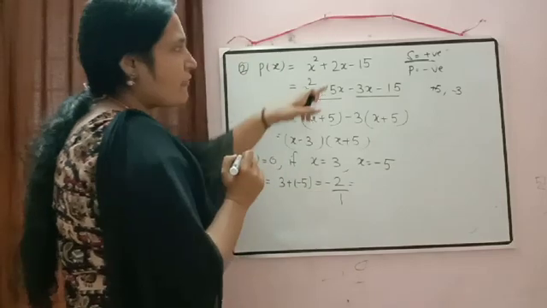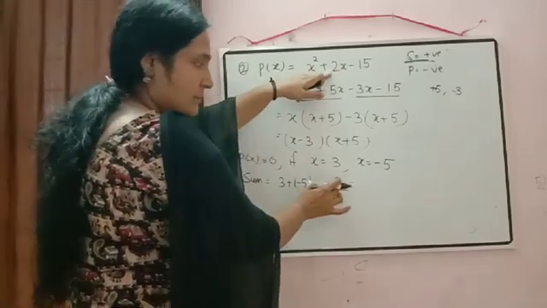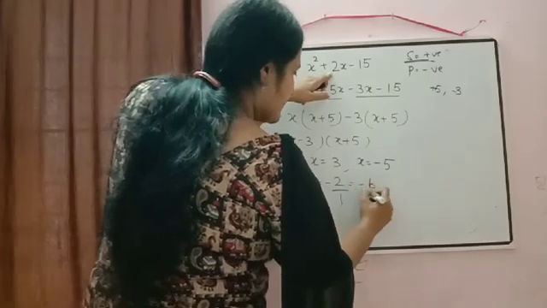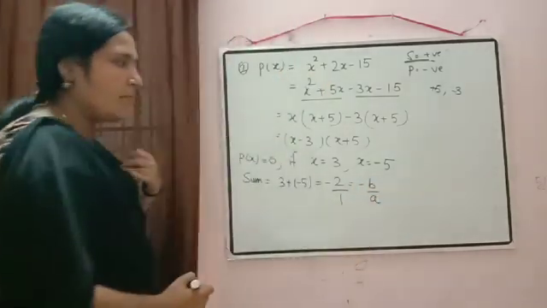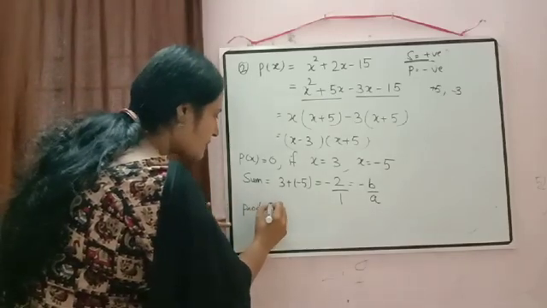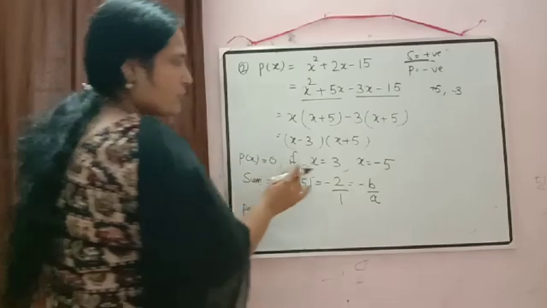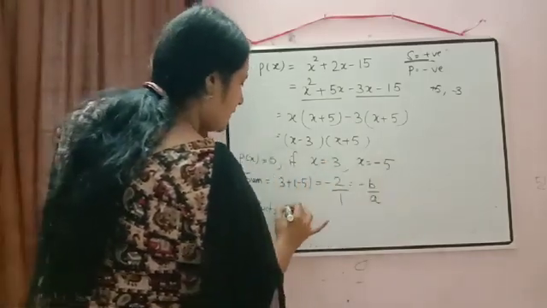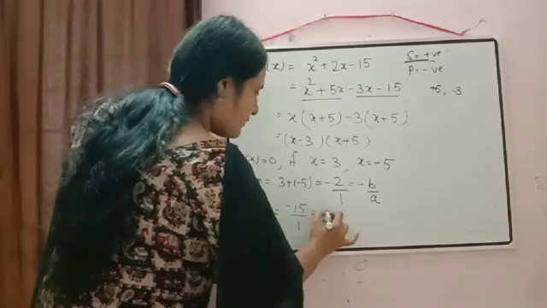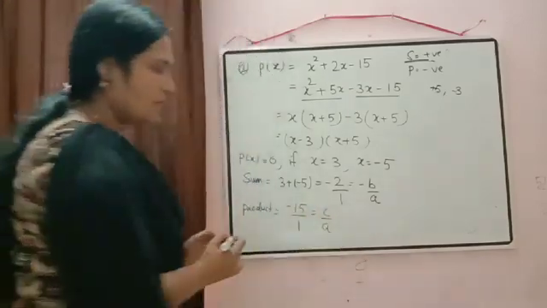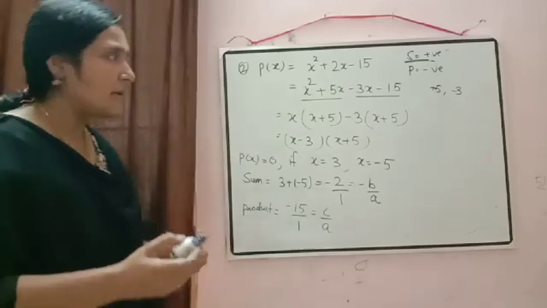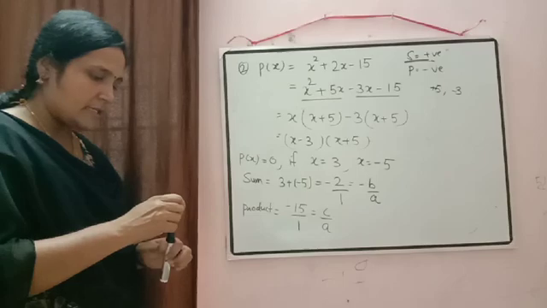And what is the value of b here? 2. Means here in place of this 2 we can write b. This minus sign will be there as it is by a. So sum of the zeros is equal to minus b by a, and product of the zeros: multiply, what will you get? 3 into minus 5, that will be equal to minus 15. Can be written as minus 15 by 1, which is equal to c by a. So I hope how to find the zeros and how to verify the coefficient relation is clear.